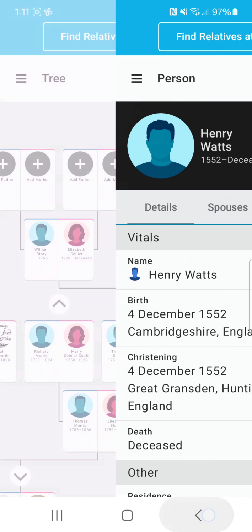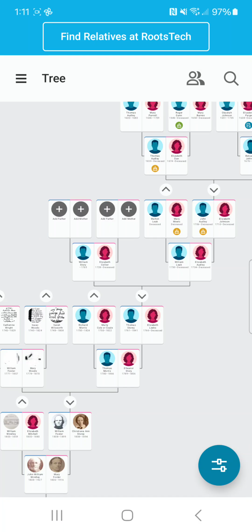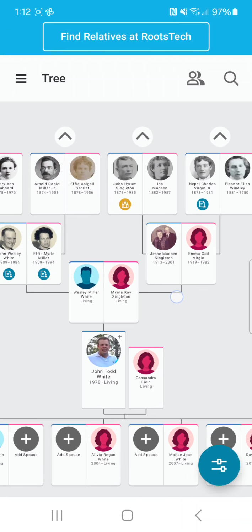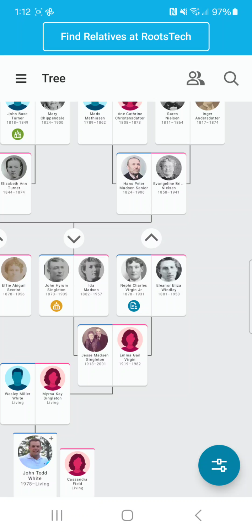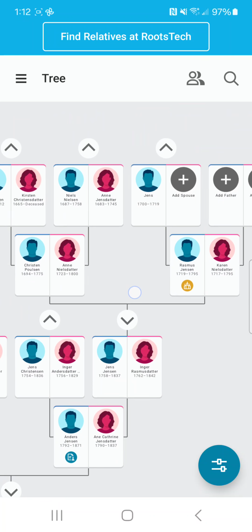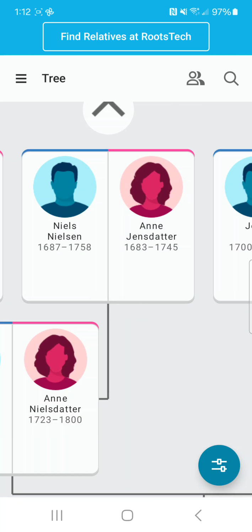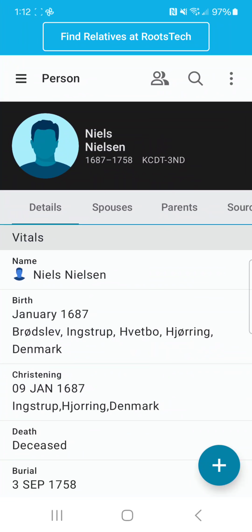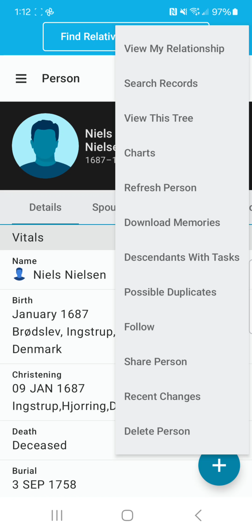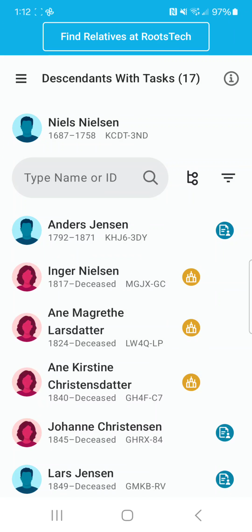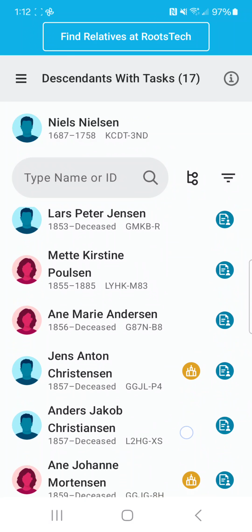So I want to show you also some of the issues that sometimes you can run into. If we start back here at the tree, I'm going to start on a little different branch. Top right, till I get over to Nils Nelson. Is that the guy I wanted? Yeah, let's look at him. So top right, 3 dots, descendants with tasks, and then only 1 is showing up, but let's go back to 5. And then again, we're looking for just that green circle,